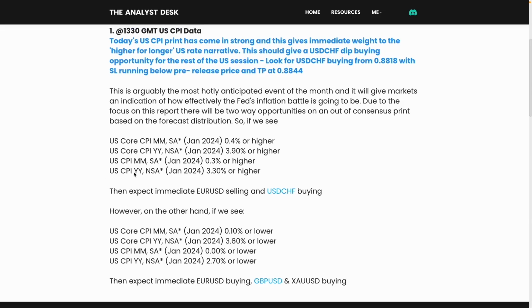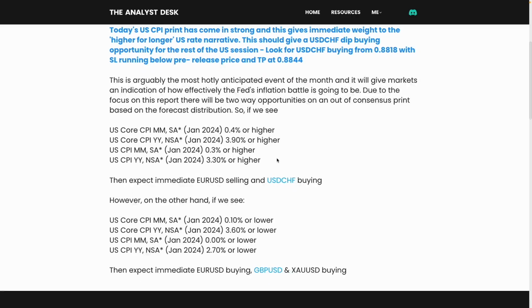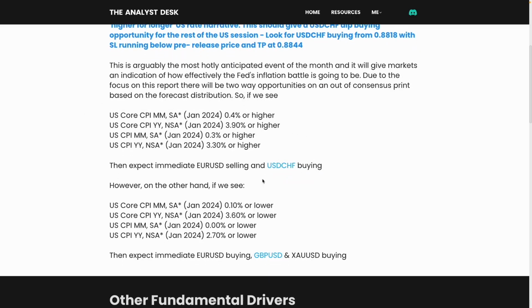February the 13th, we were looking at this US CPI print, and what we're looking for is if we saw a hot print, high US inflation, that was going to push the higher for longer rate narrative out of the US, should support the dollar. Earlier in the session, we saw a miss in the CPI data out for Switzerland, so we had a Swiss franc sell bias. So if we saw a high print, dollar Swiss franc buying was what we were looking for,